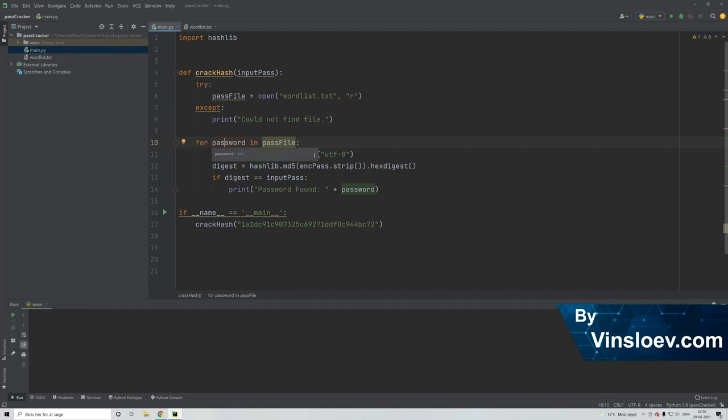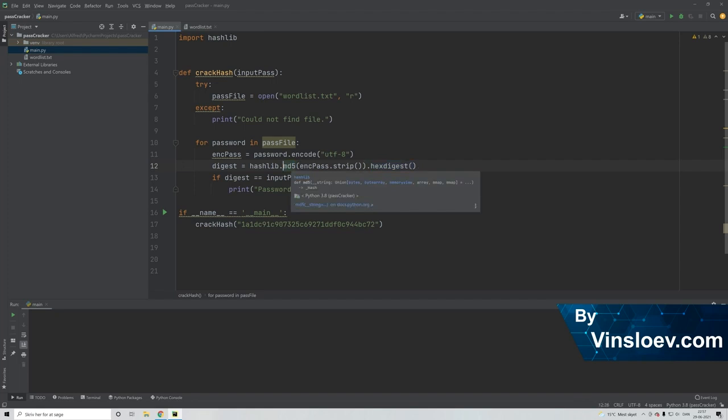Then the main logic of this method is this for loop right here. We will go through the list of words in our word list, and for each word, so each possible password, we will first encode it using the UTF-8 encoding, and then we will take the encoded value of the password in the list. First off, we'll be removing all empty spaces, either in the middle of the word or at the prefix or postfix of the word, before we then